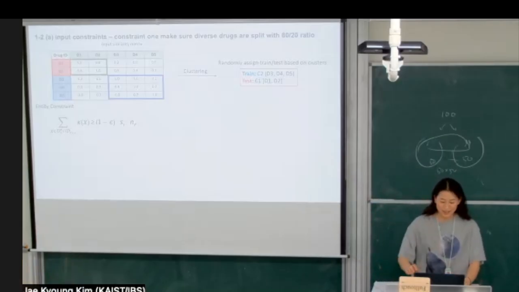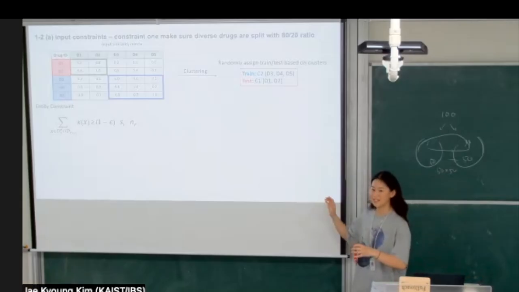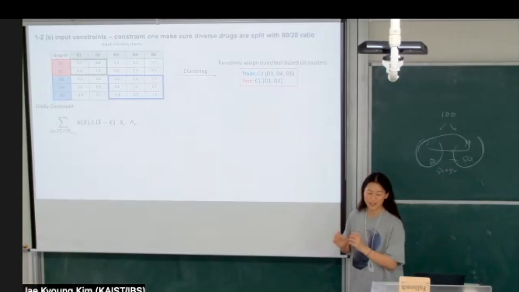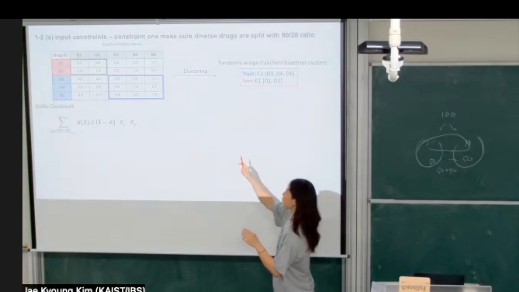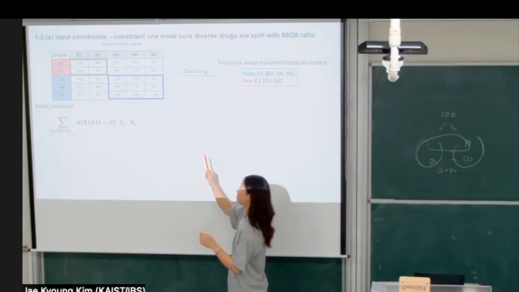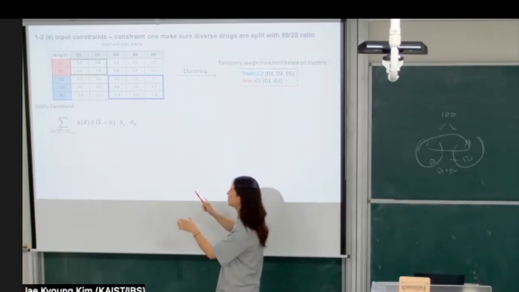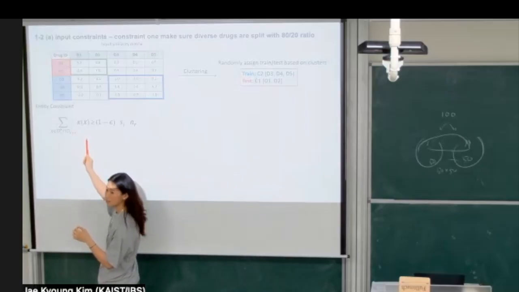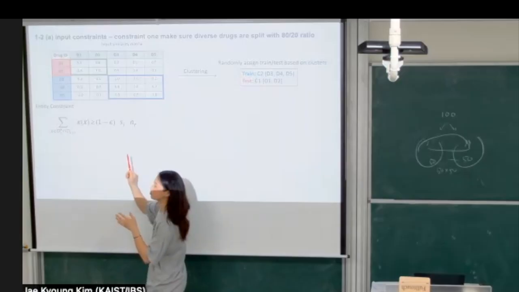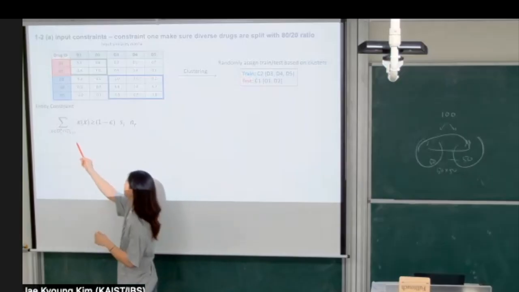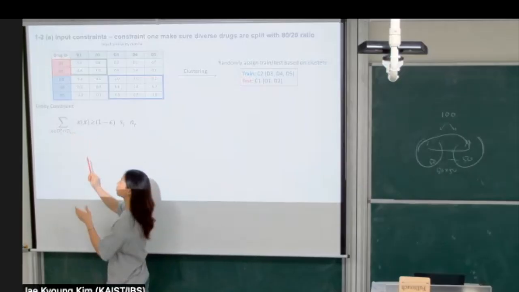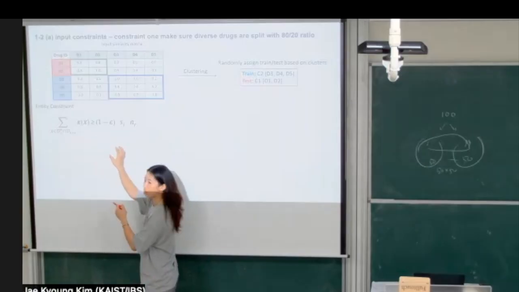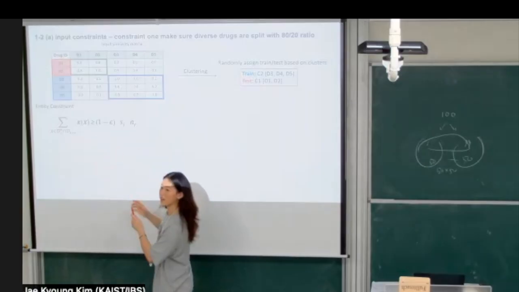So I will explain in detail later, but this is a one-dimensional data set, meaning there's only drug ID. So that's why T equals the drug ID. But if there are more columns like drugs and proteins, it'll be T equals protein. So this is only focusing on the drug, which is why.